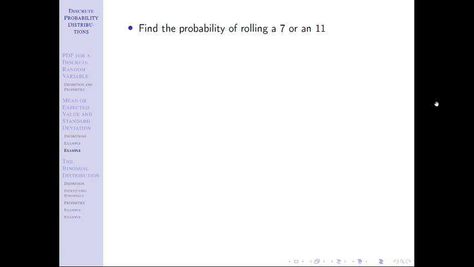Now before, remember we said we could have probability A or B, and that was that case where A just happened to be, you make it to class on time. There's no number with that. But now that we're dealing with random variables, we have a variable letter, in this case x. It could be y, it could be anything. We use x a lot just because we like x in math, but it doesn't really have to be that letter specifically. It's just a letter, and then equals whatever number we're talking about, because random variables are all numbers, right? That's what a random variable is: it mapped those words, those outcomes, to numbers. So we're going to write probability x equals 7 or x equals 11. So we get comfortable with this probability notation.